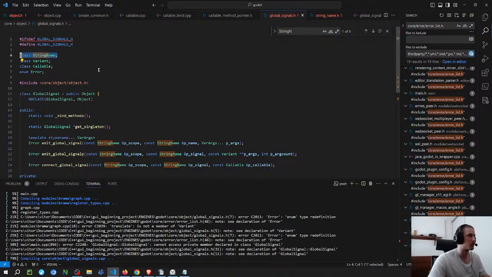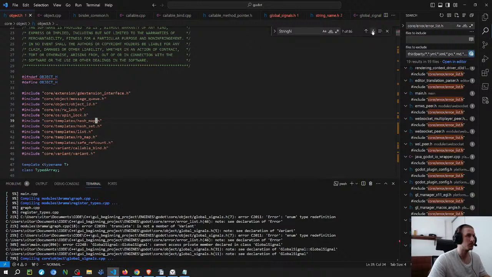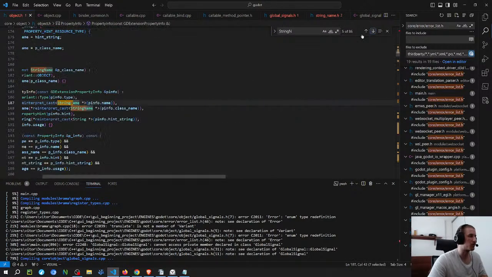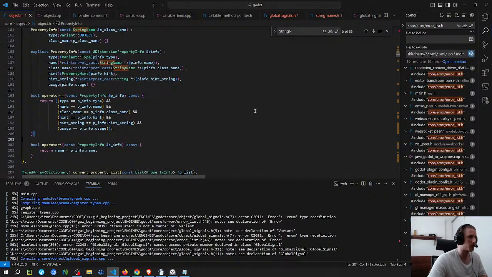So here, the forward declare. Oh, this is my file. I think they just include from one of those other things there.